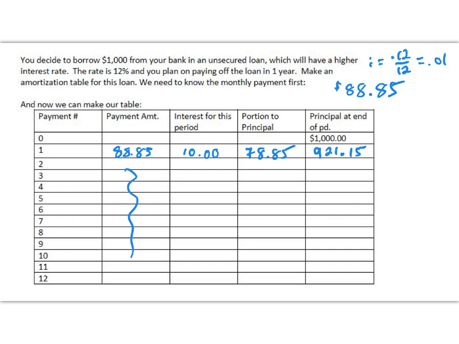Okay, so now you know what you've got to owe the bank. And when you go and you pay the next payment of $88.85, they take the money to the back, and dear old Snidely multiplies how much you owe by 1%. And let's see what he gets here. He's going to wind up getting $9.21. So for your next payment, you see you owe less money in interest, and you're going to wind up paying more money over time towards your principal and less towards interest because you owe progressively less money. Okay, well, I have to take my $88.85 and take away $9.21 for Snidely's part of the pot, and $79.64 is what we're going to pay towards the principal. So we're going to take that $921.15, we're going to subtract $79.64, and now after two payments I owe